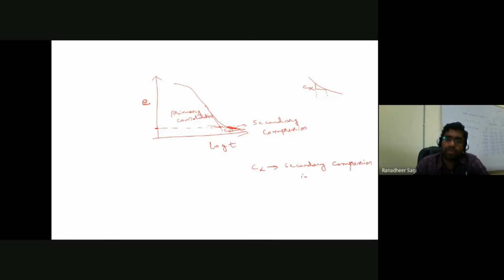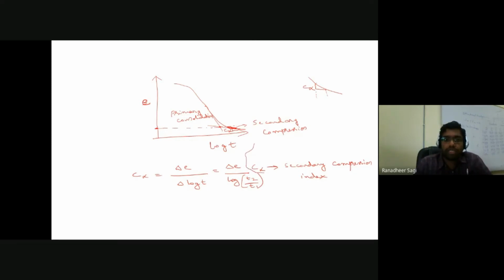Or otherwise we also call it the coefficient of secondary consolidation or secondary compression. So either we call it the secondary compression index or coefficient of secondary compression or secondary consolidation. So how are we writing this C alpha? C alpha is nothing but the change in void ratio for the corresponding change in the logarithmic value of time, or otherwise I can also write it as delta e by log t2 by t1. This is how I can write it down.